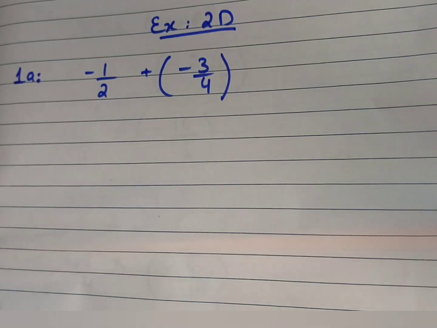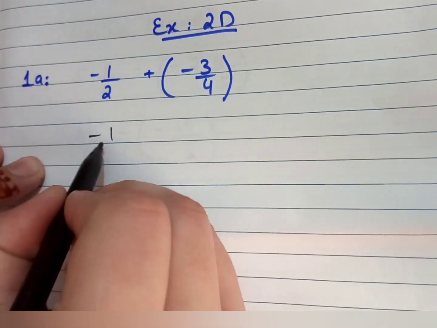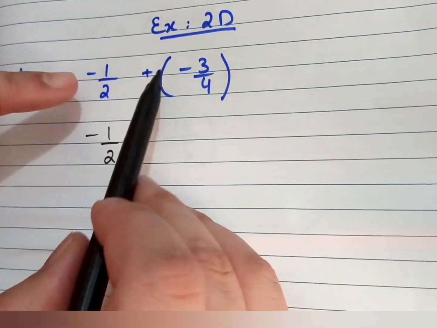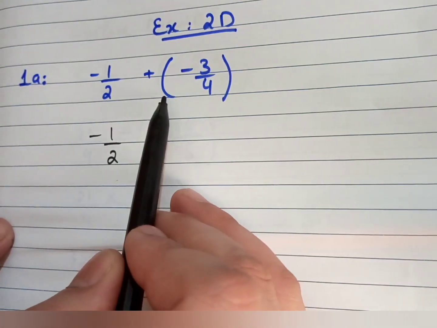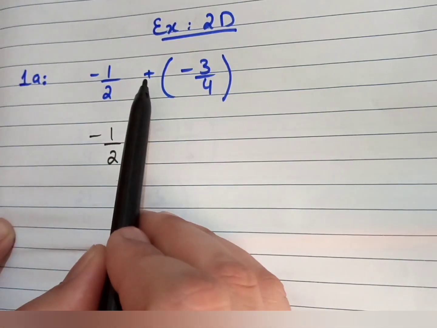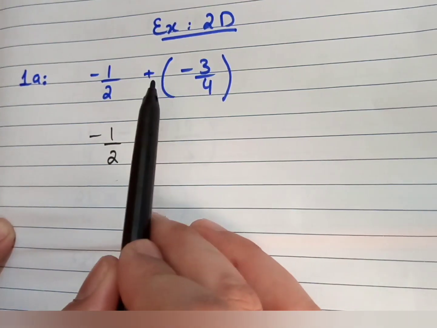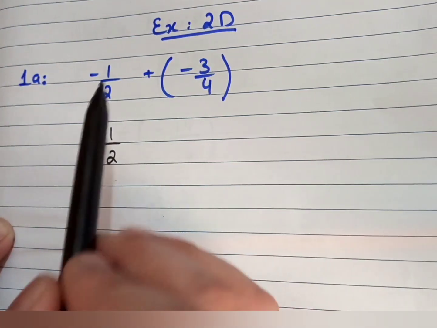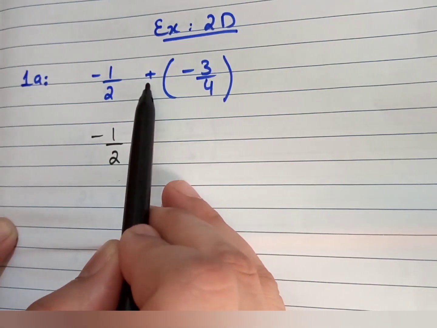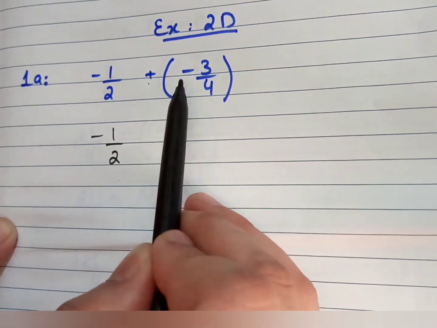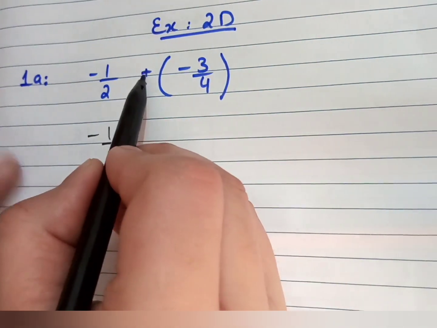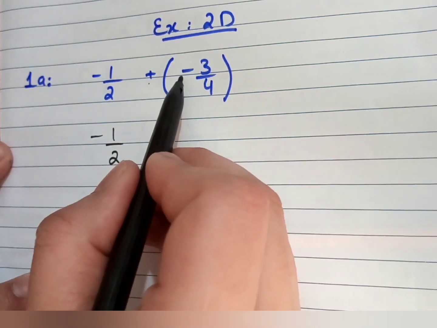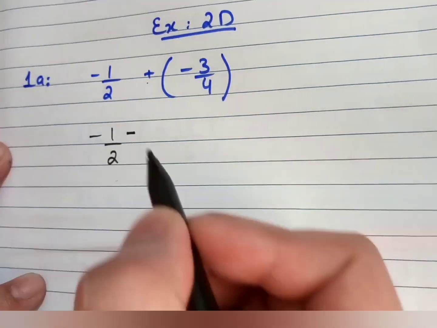So in this question, first we will solve the bracket, 1 by 2. Okay, you can see that when there are two signs with a bracket between them, the two signs are going to be multiplication. Now we have two concepts. First, plus minus minus: in multiplication, plus minus minus will become minus. And the other concept is that when there is a positive sign outside the bracket, the inner sign will remain the same. So you can apply both of the concepts. Now there is a positive sign outside the bracket, so the inner sign will remain the same. The inner sign is minus, so we put the minus as well.